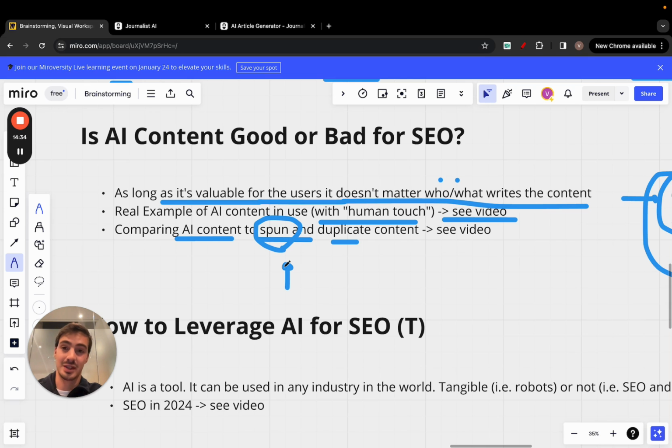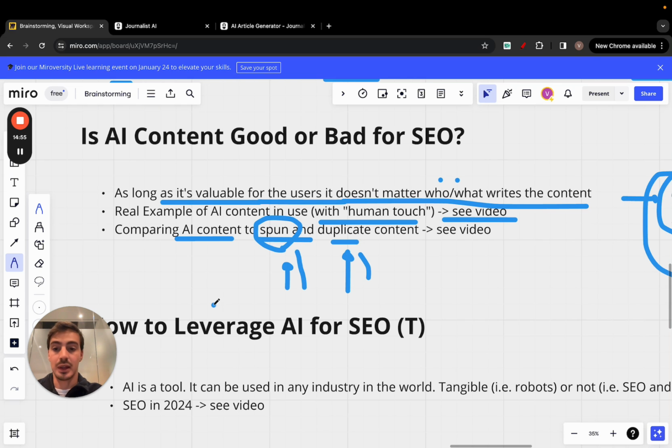It wasn't really different, it wasn't adding anything to the world, right? It wasn't adding anything to the search engine. It was only polluting it with more of the same content, right? And duplicate content as well, right? If I write an article about something and you take the article and post it on your site, it's not really adding anything to the internet, right? It's just building up noise and clutter. So Google penalizes spun content and duplicate content.